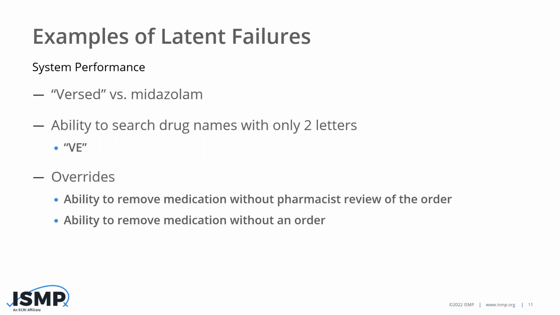In addition, another latent failure involved in the case is the fact that anybody in this organization, not just in this situation, had the ability to remove a medication on override. That can mean two different things you see on the slide: either removing medication before a pharmacist reviewed the order and released the drug, or at times even removing a medication without an order. In this case, this patient never had an order for the drug that the nurse obtained.